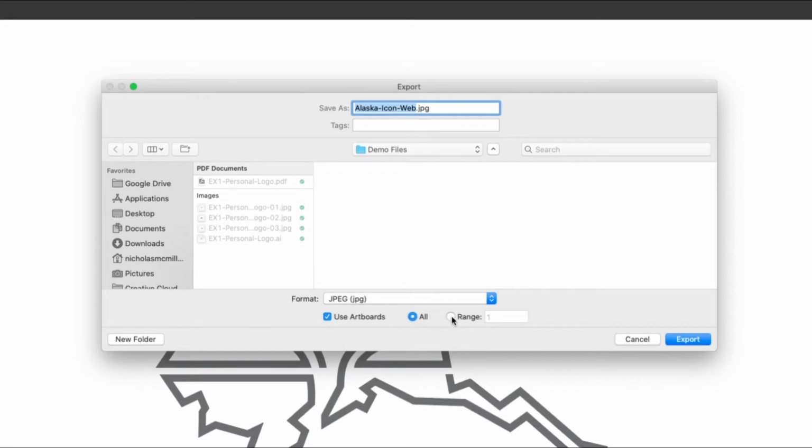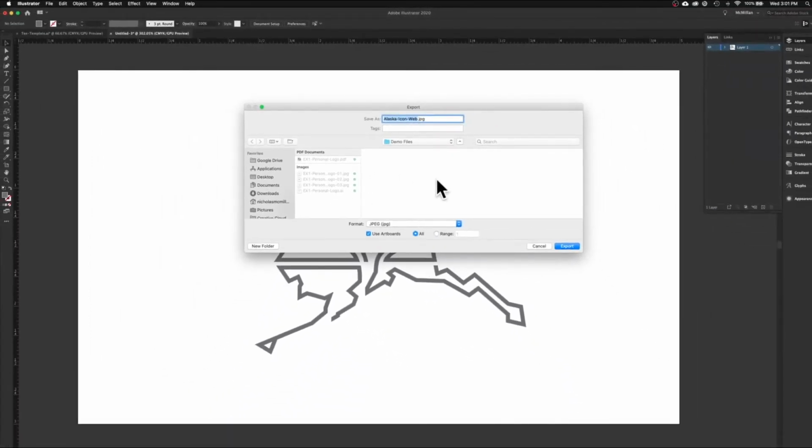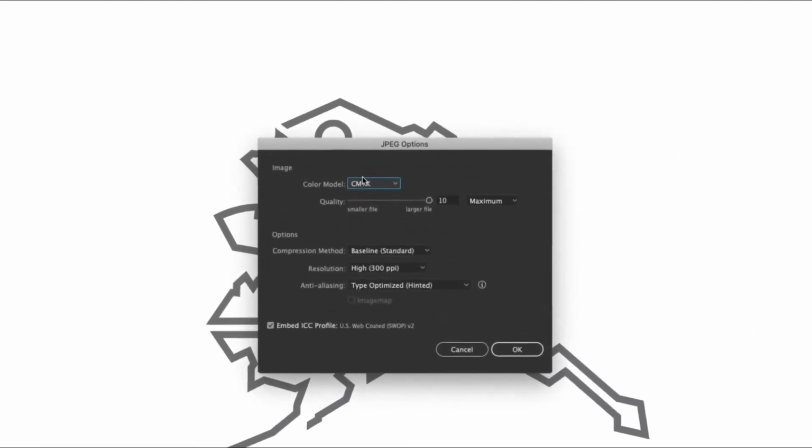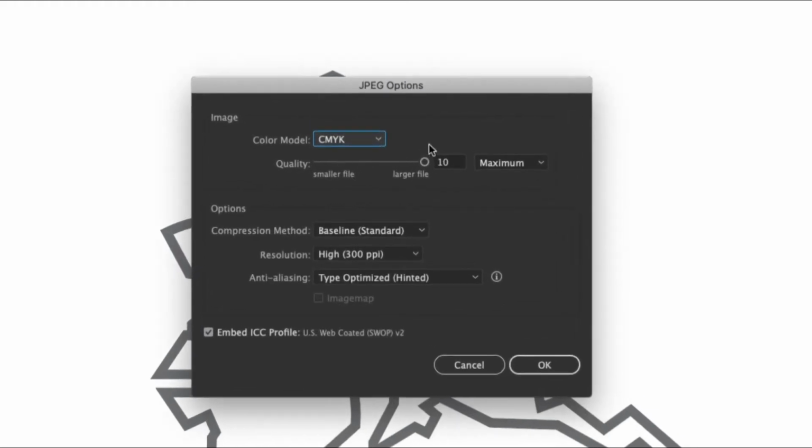If you had more than one artboard and you only want it to export one of them, you click range and put in the number of the artboard. So I'm going to leave it on all. I'll put it here, and then all I do is hit export, and then this JPEG options window will pop up, and the default, I believe, is